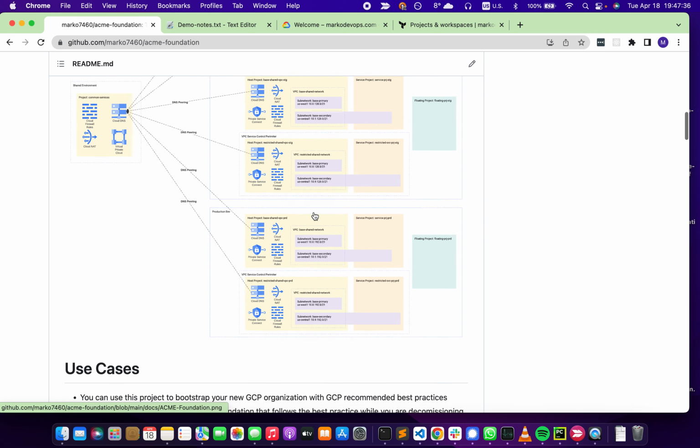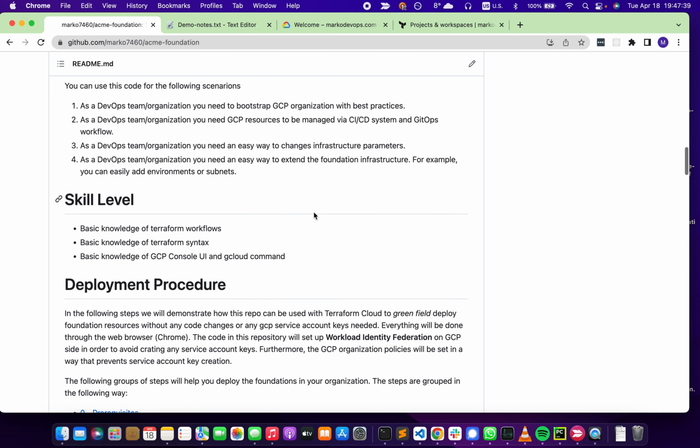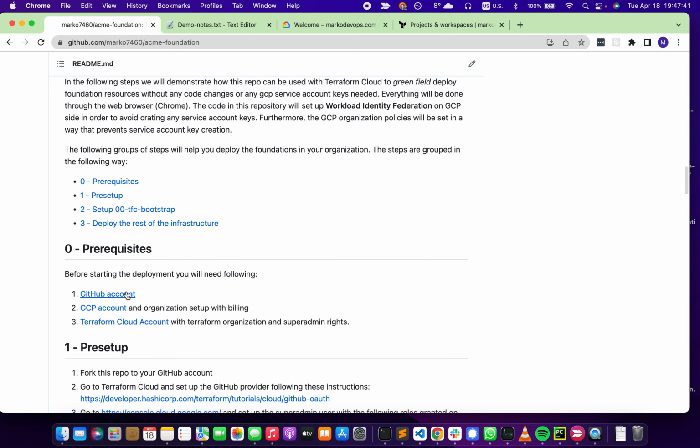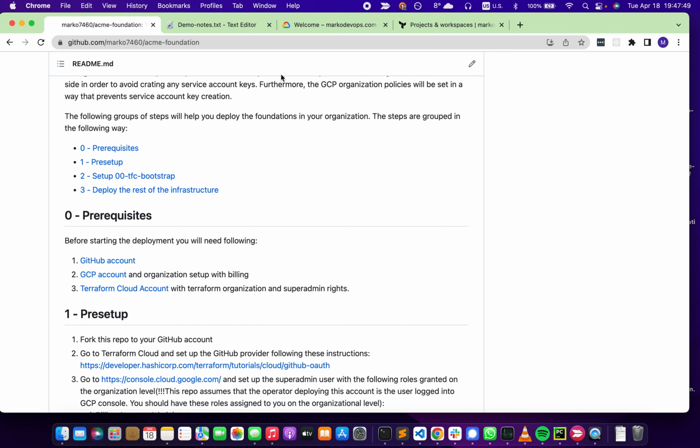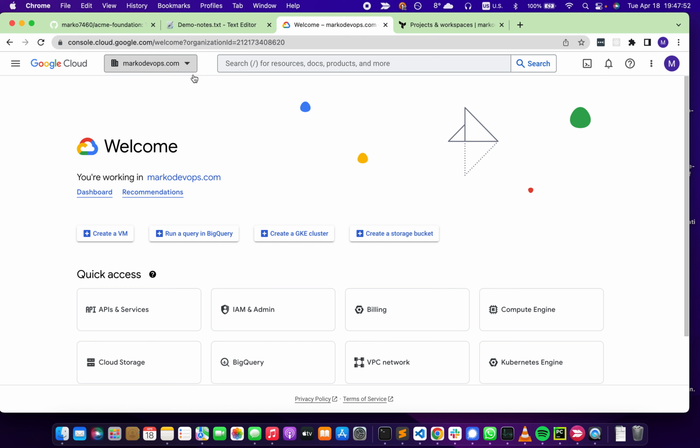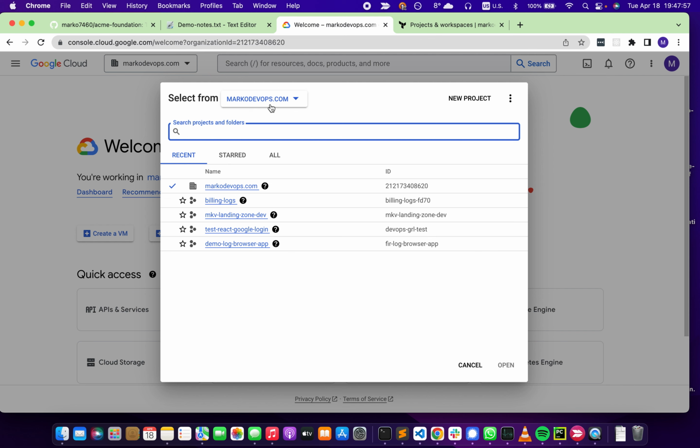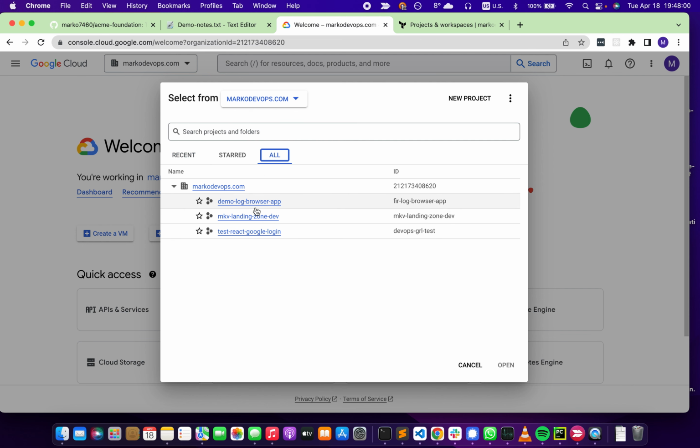Okay, without further ado, what you need is a GitHub account. I have my own. You need a GCP account, so you need to have access to the GCP console. You need to have your organization. I will use my own called Marco DevOps. I have some projects for some other side stuff that I'm doing, but in reality you should have only this or maybe some other, and then we're going to create more resources with this,